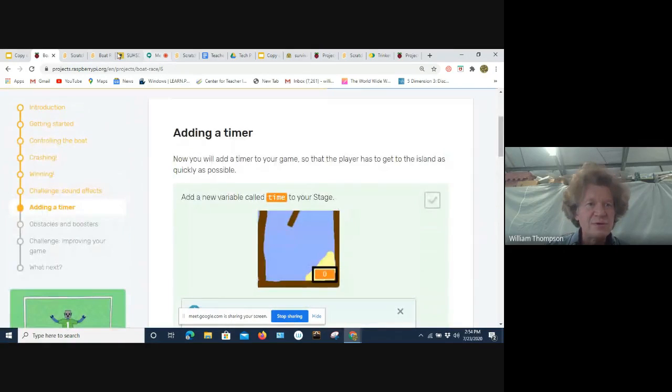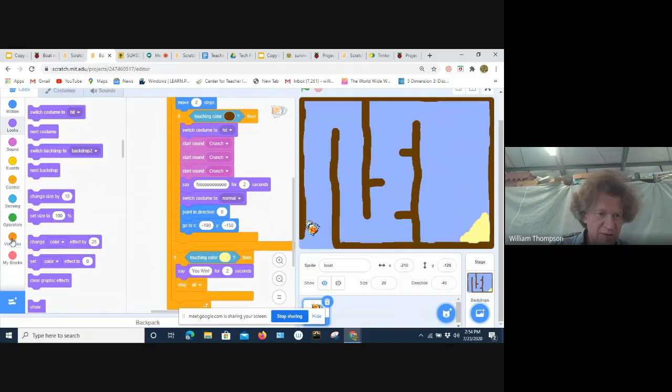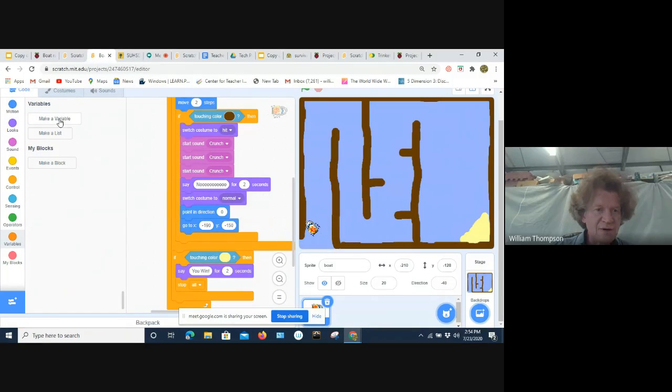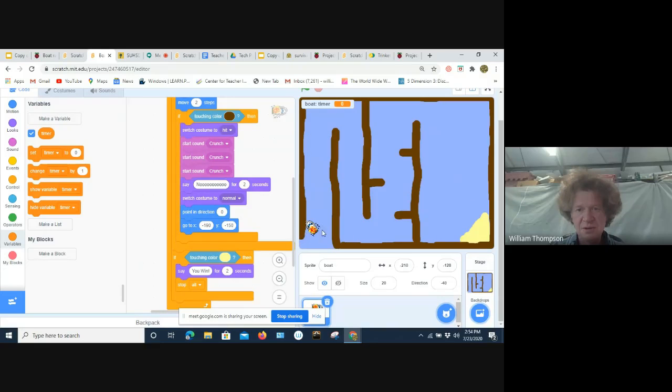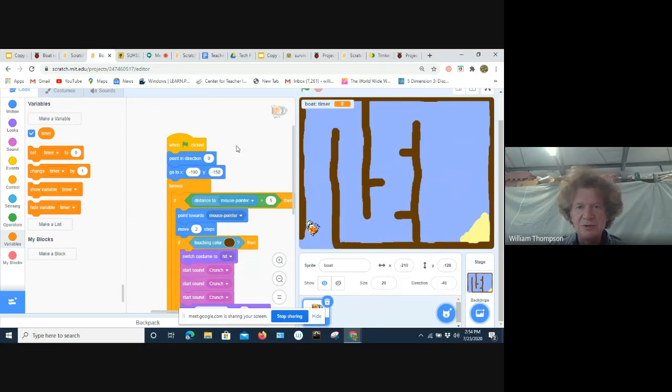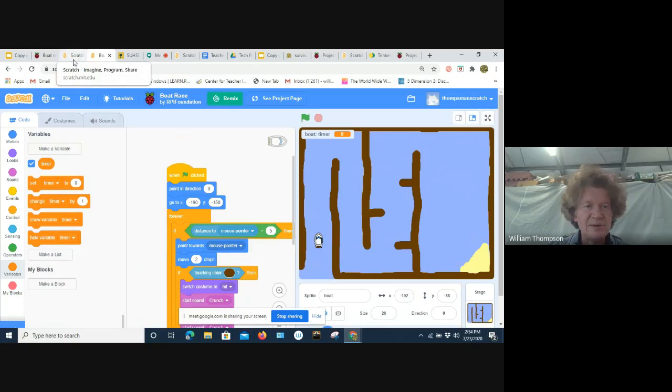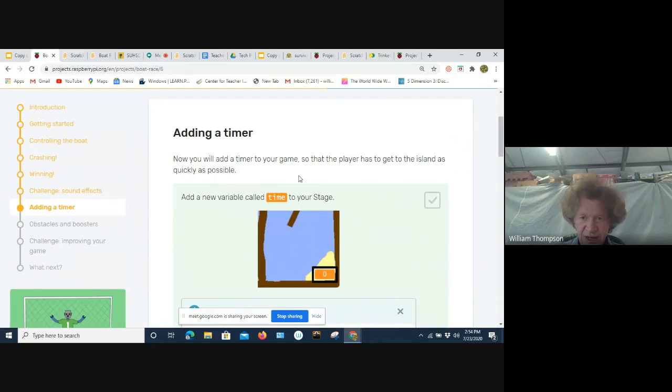Okay, so I'm going to try creating a variable. There's variables. Make a variable. I'm going to call mine timer instead of speed. I have different ideas about what speed is. I hit OK. And so I'm guessing I haven't done anything in my code to change that timer. So here I'm driving around. I don't know why it didn't reset. Okay, there we go. So my timer's not changing. So I'll need to do some coding to make my timer increment. And I'll look at the directions on that.